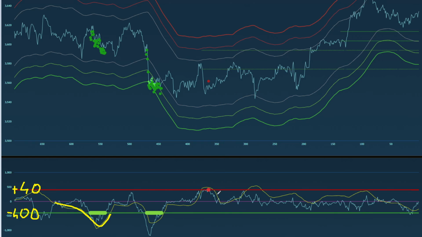Okay, so that was the place where we initiated our long position. Here we added to this position. And how long do we hold it? Well, basically you can hold it until there is the